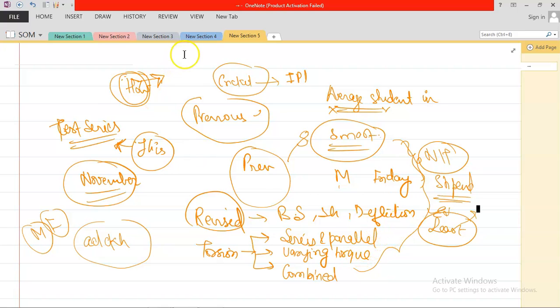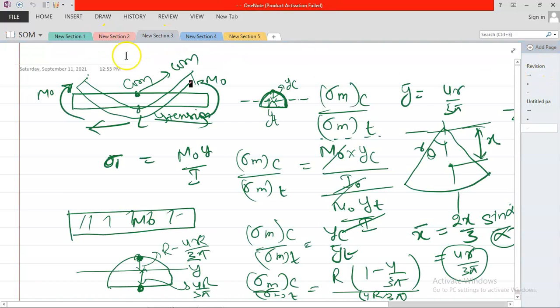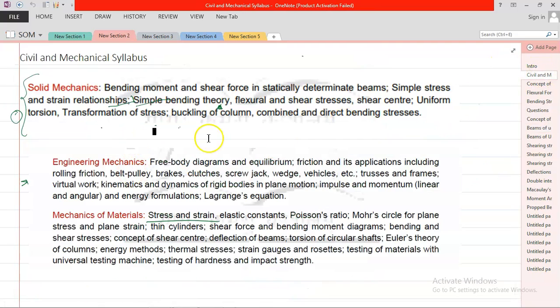So after lunch, there are a few people in civil also. I am talking that in their syllabus there is energy methods. I have seen that. If they want to study energy methods, they can, but in civil the syllabus is not there. In mechanical we have energy methods, and also they don't have thin cylinders. So in civil engineering, after lunch they can come if they want to study, or it is their